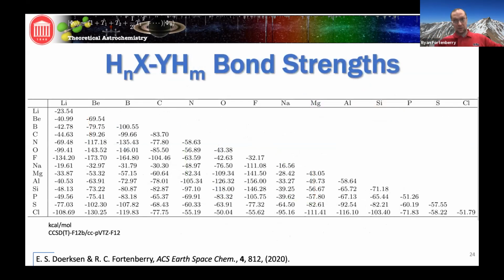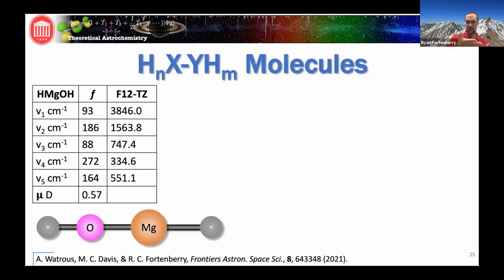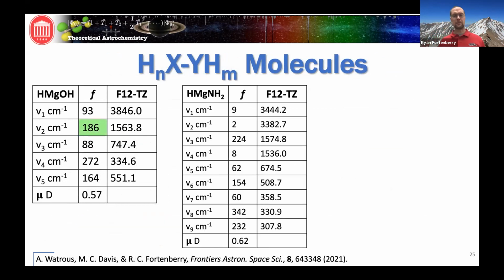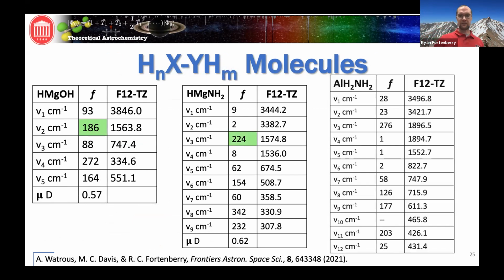Okay, so we go back to this guide that we've created for ourselves now, looking at these strongly bonded molecules. And if we look at, magnesium doesn't just bond to oxygen, but it also bonds to nitrogen, and aluminum bonds to nitrogen too. What are some of these molecules? So I mentioned the magnesium oxide monomer, the hydrogenated form of it. We calculated vibrational frequencies, high intensity. If we move on to an amine on the end of it, large intensities in the mid to far IR. We do this for aluminum in the C2V structure. Lots of bright intensities in the mid to far IR.